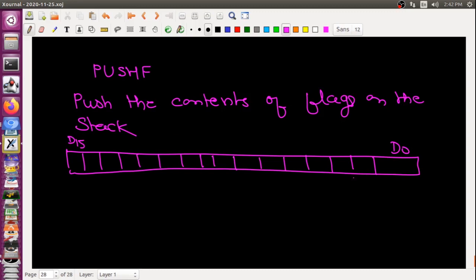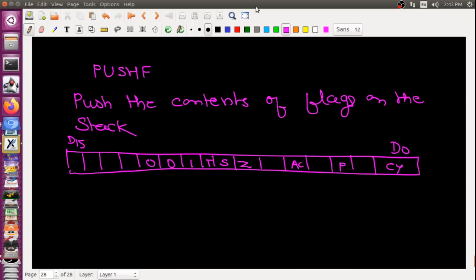So here I will say this is my carry flag, parity, auxiliary carry, and here I will say 1 2 3 4 5 6. Here my sign flag and zero flag will be used. That is similar to the 8085 microprocessor. And here overflow, direction, interrupt, and trap will be used.